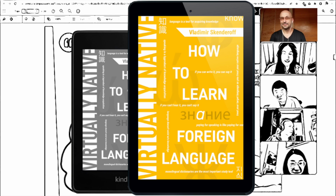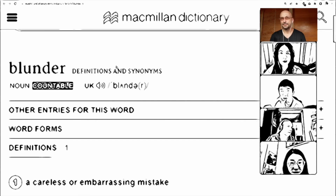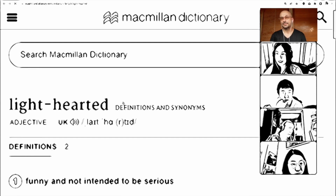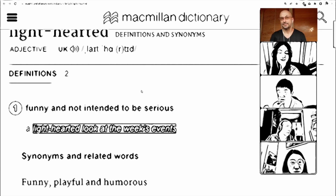These phrases can add a light-hearted note to a situation. Positive. I agree. Let's have a look, by the way. We love these words, don't we? Every time you come across a word you don't know, we read it out. I'd like Jan to read out light-hearted. Funny and